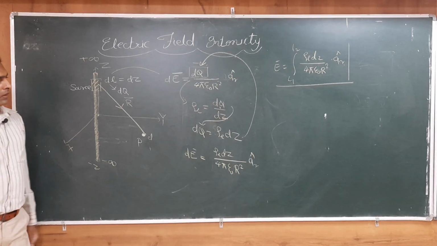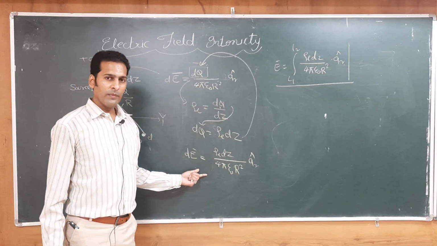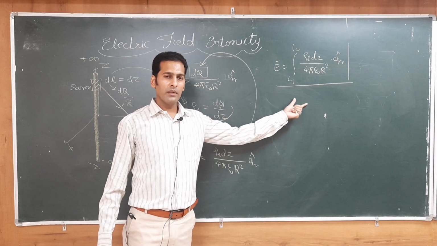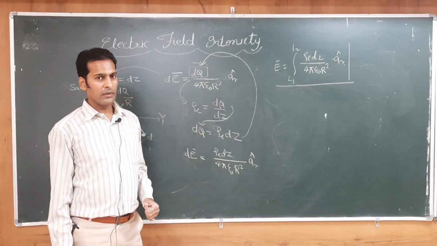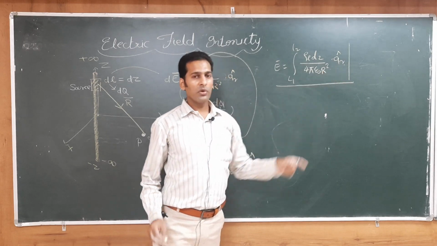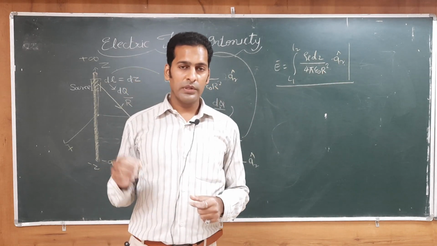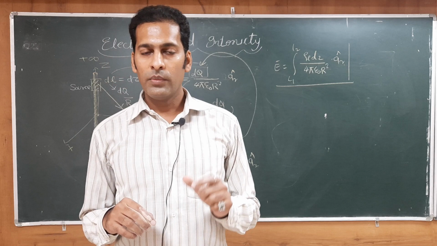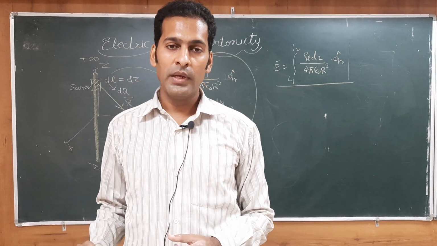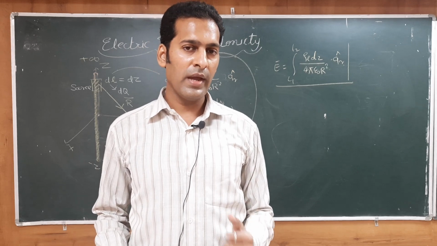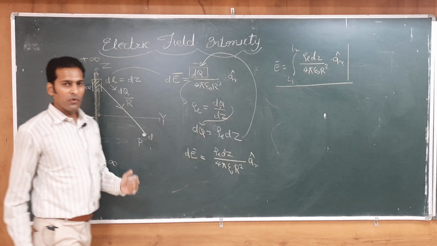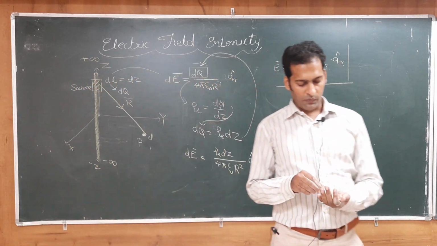For that, this part will be the same. Now, what will be the change? The change will come in the integration limits. Again we can calculate the a r cap. The calculation of a r cap is a separate procedure, and we will understand it now, because the calculation of a r cap and the position vector is very important. In problems and examples also we have to follow these steps. So how do we calculate that? Let us now focus only on a r cap. What is a r cap?